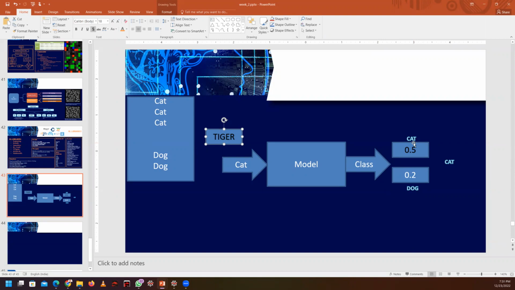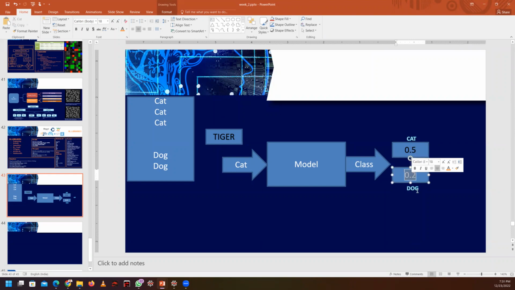Now you understand my point, right? You are providing an image and the model doesn't know what that is. It can't understand it as well. But depending on different pixel values, it will produce one value here and one value here.